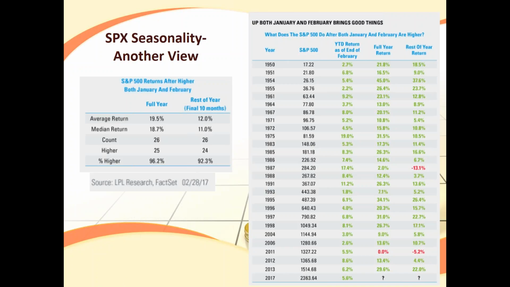And so taking that additional information into account could be telling us that the probability of the markets being higher at the end of this year is definitely in favor of being higher. Now, will that in fact work out this way this particular year? We'll see. Right now, through the end of February, the S&P was up almost 6% from the beginning of the year. And so those are all positives.